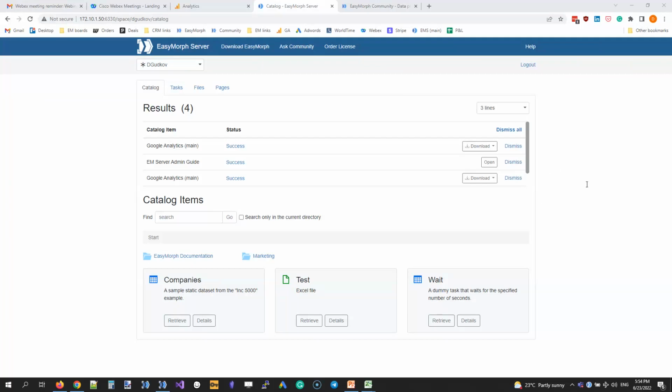Yes, I believe so. There are two options for how you can use the data catalog for external partners: either through the API that will be available in one of the future versions, or you can provide access to one of the spaces through the web browser and protect that space with a password. So that's another option.